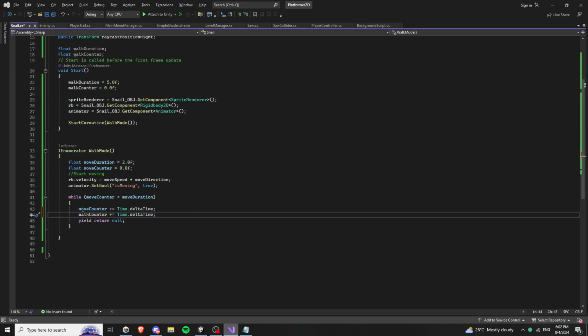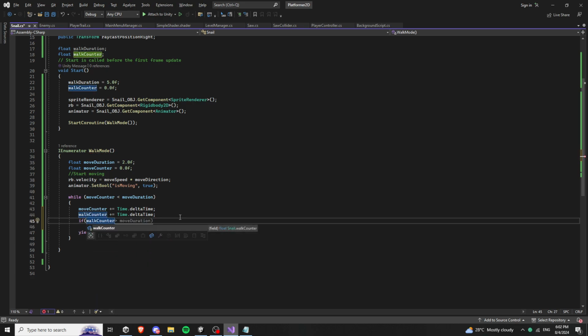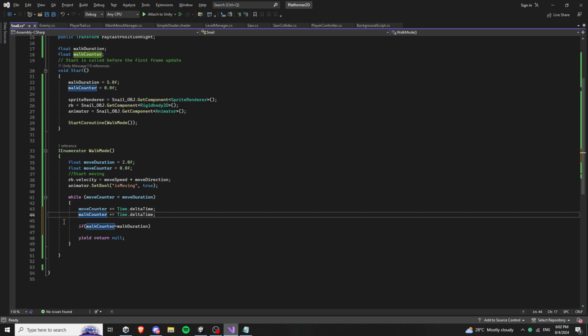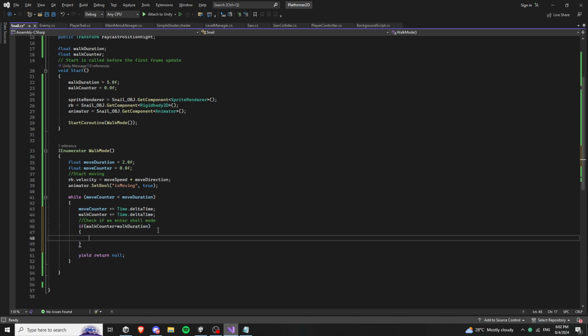And let's also check if this walk counter is bigger than the walk duration. So here we check if we enter the shell. Check if we enter shell mode. So if this is bigger, then we